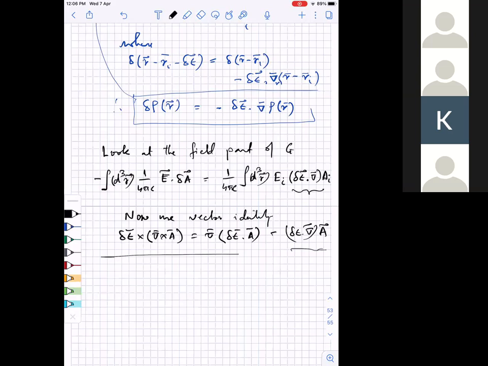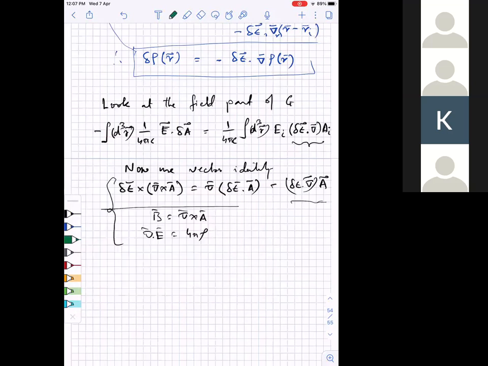Then you further use that B is curl of A, okay, you use these two. And once you use these three things, a little bit of manipulation, you will find that this equation